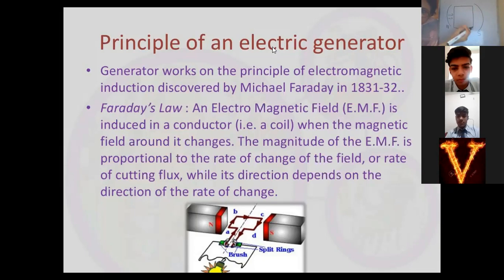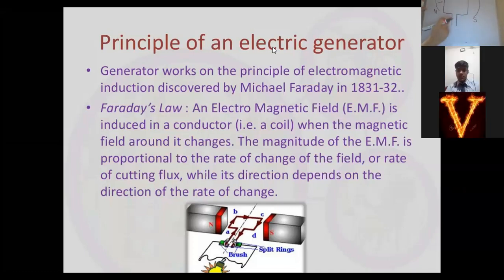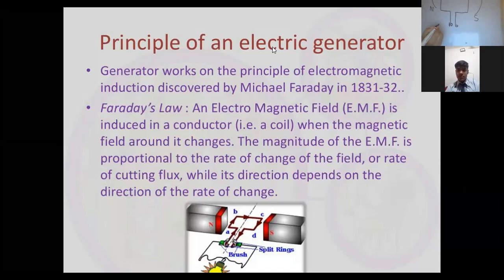The basic difference between the motor and generator is that in a motor, we were supplying electric current. But in a generator, we need not supply any electric current because electric current has to be induced in the coil. Instead, I need to connect it, first of all, to brushes. These are the two carbon brushes. There are rings, which are called slip rings.